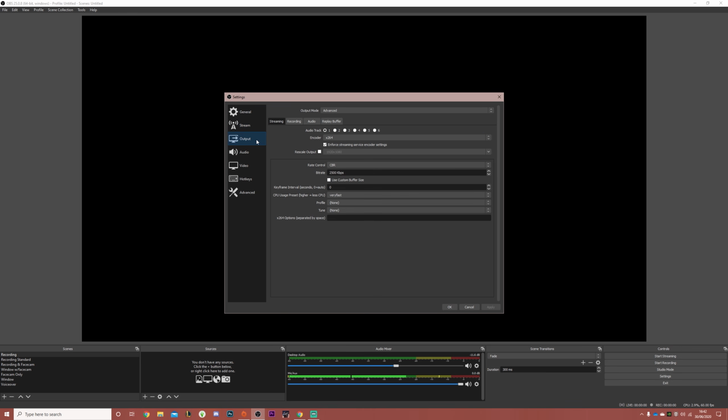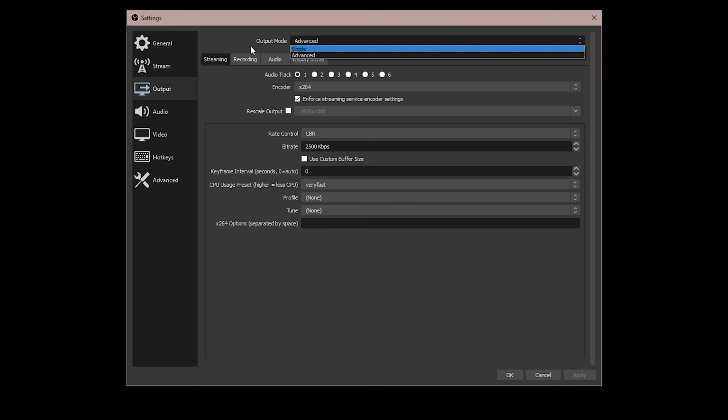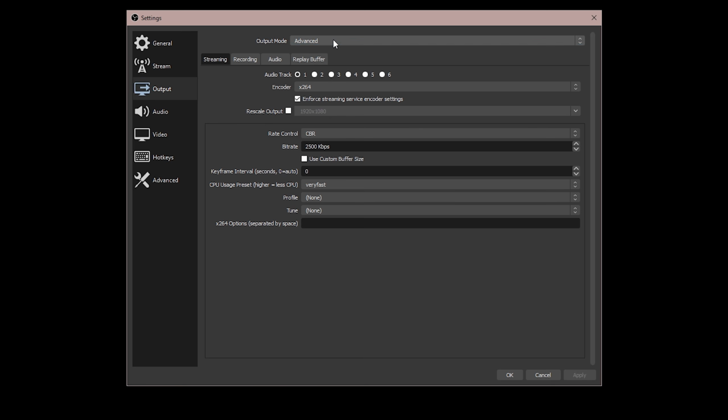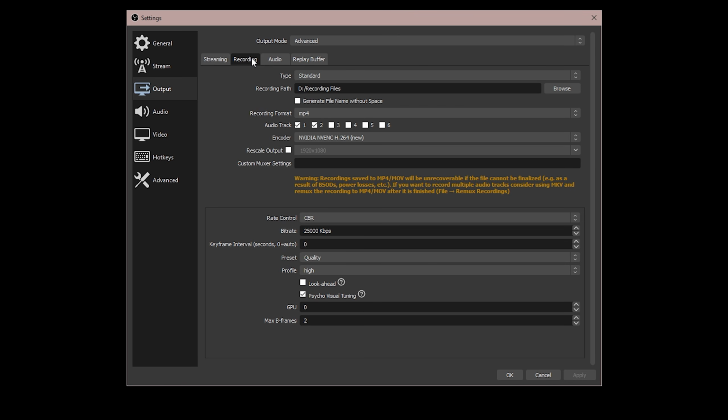and click on output. Now, it may already have the selection of simple up here, so if you can see the output mode, it could say simple. Just go ahead and change it to advanced like this. Just swap it to advanced, and it has different tabs for streaming, recording, the audio, and a replay buffer as well. So go ahead and click on the recording tab,